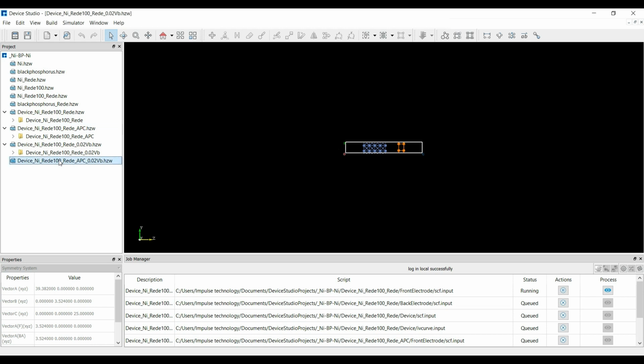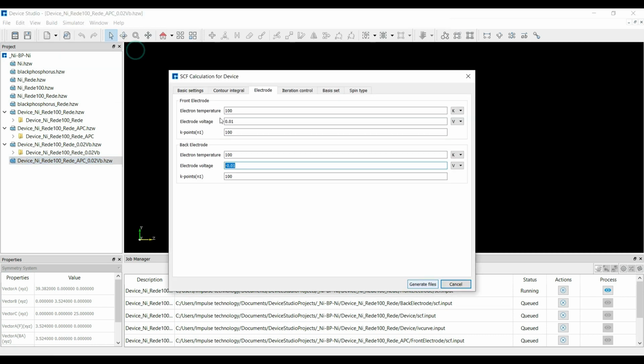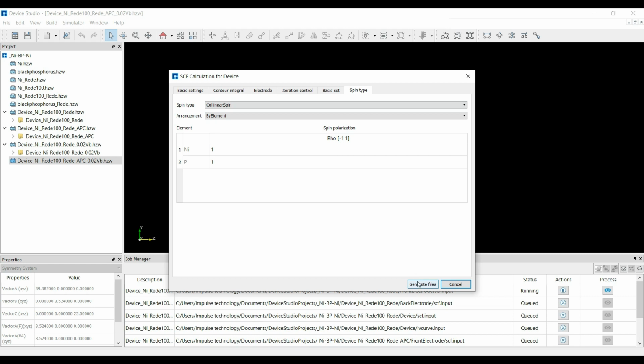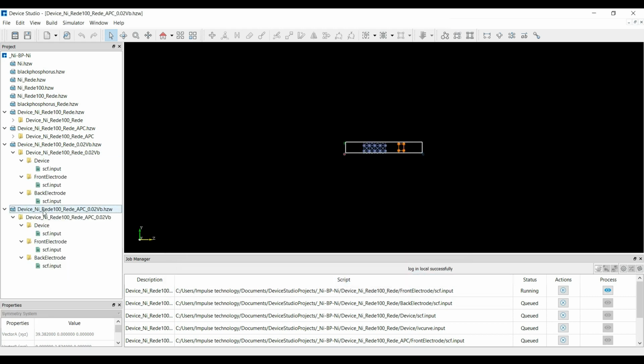You can select this device studio 0.02 biasing voltage, go to the simulator, select this nanodical and select this self-consistent field calculation, and then again you can go to the spin types and here you can include the collinear spin, then you can generate the file. So for the different biasing voltage you can copy the project, you can generate their SCF input and define voltage in the similar way, and then you can run all of the input file and you can wait until the